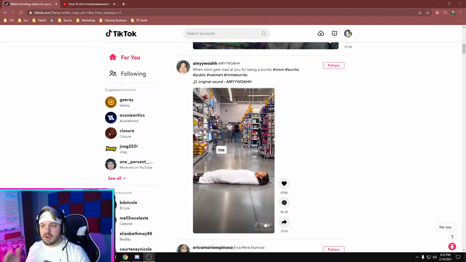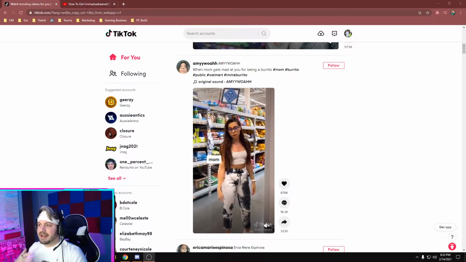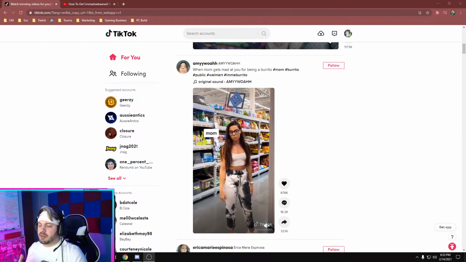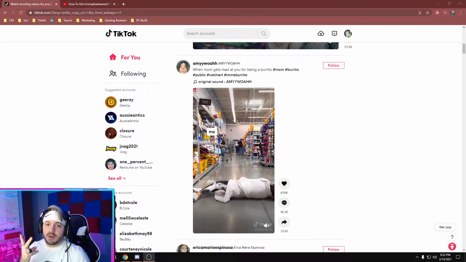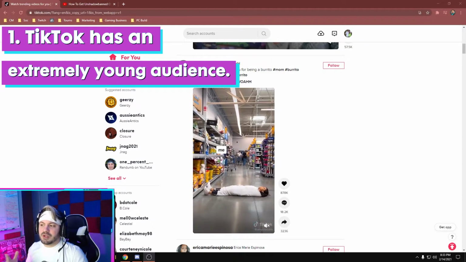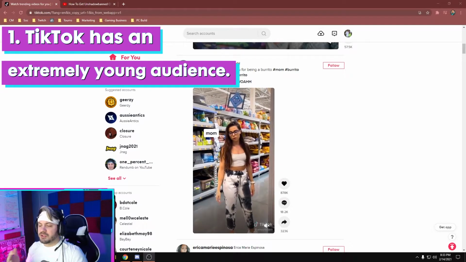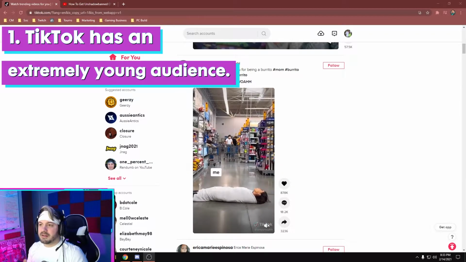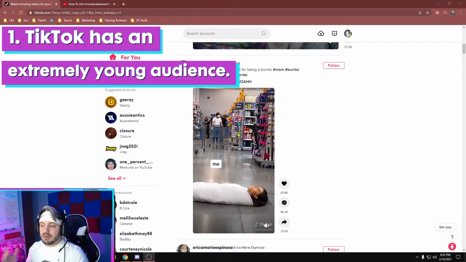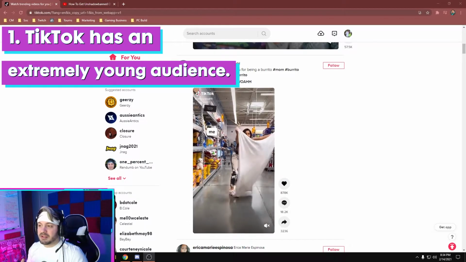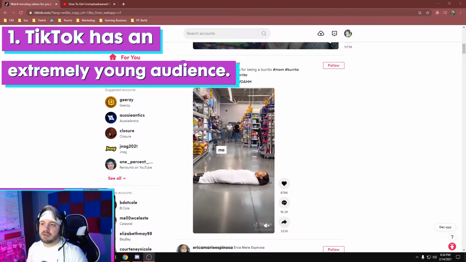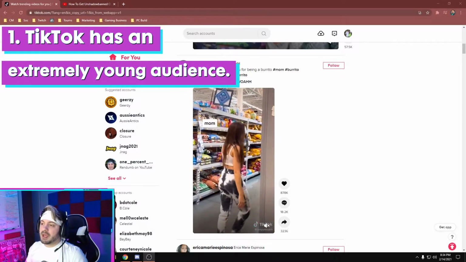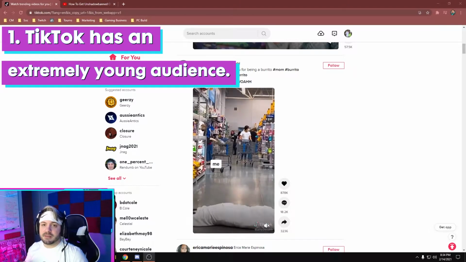Before I get into the rules, I want to start off by prefacing why TikTok is very strict on their community guidelines and what content you can post and what you can't post. There's really 2 reasons for that. The first reason, TikTok has an extremely young audience. Compared to any other social media, TikTok has one of the youngest audiences in social media history. For a long time, TikTok was dominated primarily by teenagers. Obviously now it's a little bit more diverse, but they still have a very young audience. And because of that, they have a lot of rules and regulations to prevent any lawsuits.